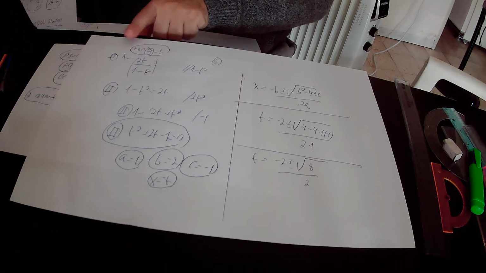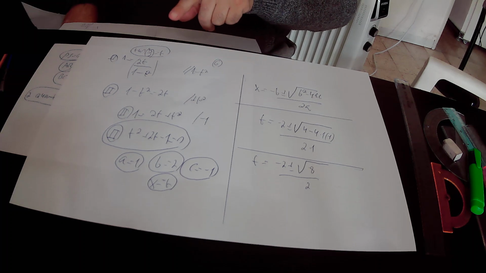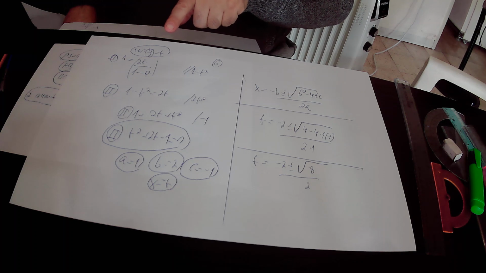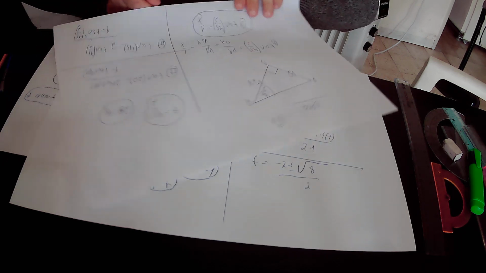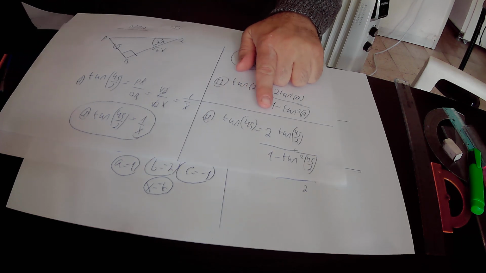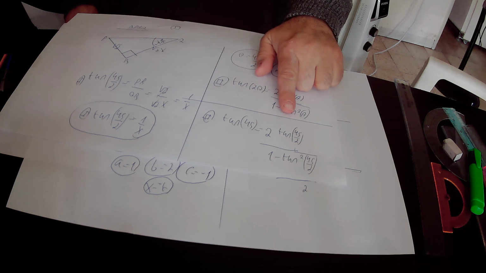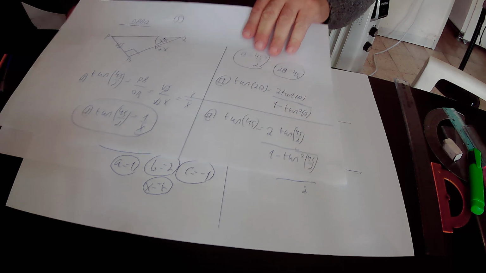Again, tangent 45 degrees is 1. And then we defined tangent 45 degrees over 2 is t. So we have here tangent 45 degrees is 1. That is equal to tangent of 2 times 45 degrees over 2. And tangent 45 degrees over 2 is t. So we can substitute tangent 45 degrees by t. So in the numerator we have here 2t